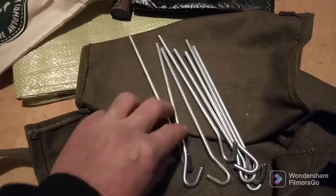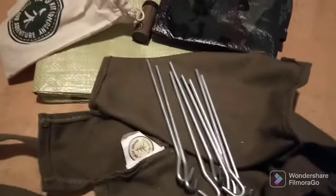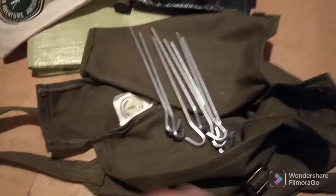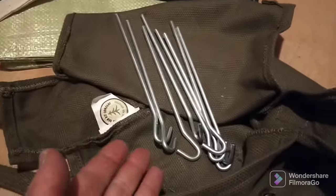Now, how many do you get? 1, 2, 3, 4, 5, 6, 7, 8 tent pegs. So they've been generous. I would have expected about 6. We have 8 there. Obviously, tent pegs aren't the most expensive things in the world, but you know, it's been